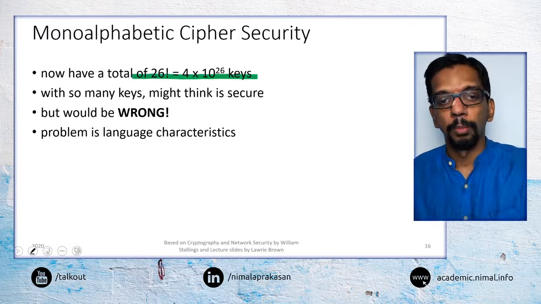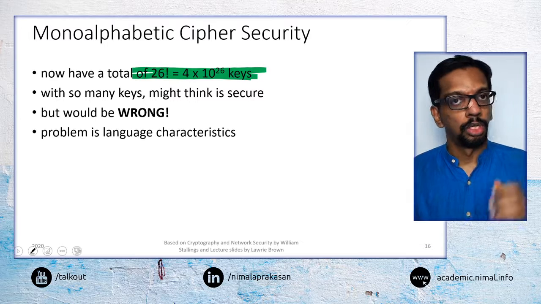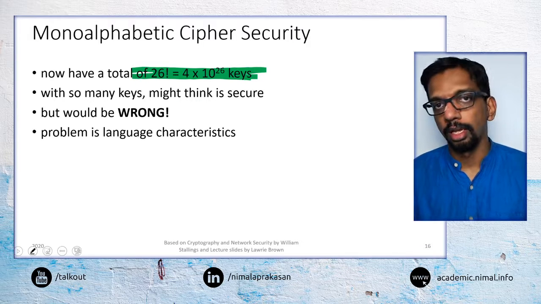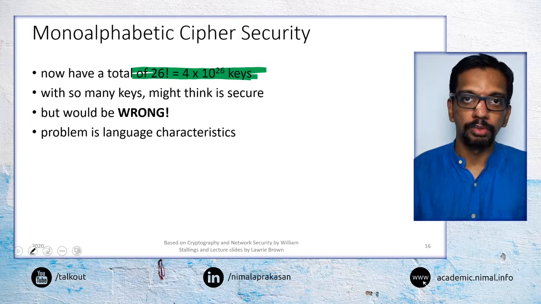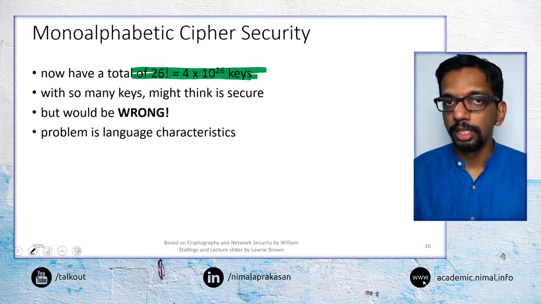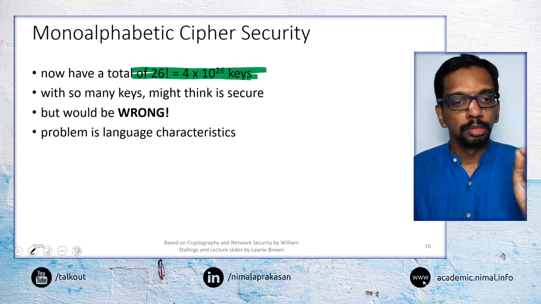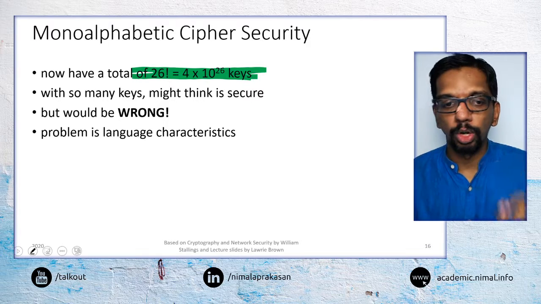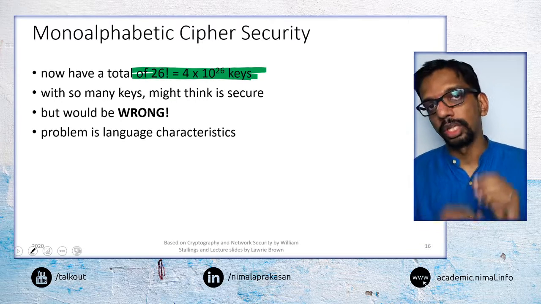So we have a much larger total number of keys. Compared to Caesar cipher, this may seem a fairly secure option. With Caesar cipher, it is fairly easily guessable. This may be somewhat difficult to guess. But that would be a wrong assumption because of a particular reason, that is the properties of language or the